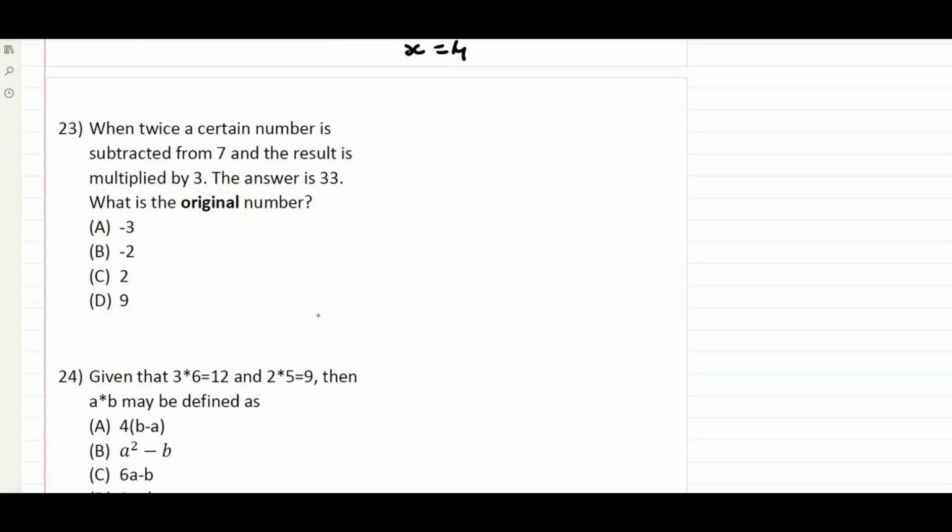Let's look at this one. 23: when twice a certain number is subtracted from 7. So let's say the certain number is x. So 2 times x is subtracted from 7. The result is multiplied by 3. So multiplying this by 3, the answer is 33. That's what they said. When twice a certain number, that would be 2x, is subtracted from 7,